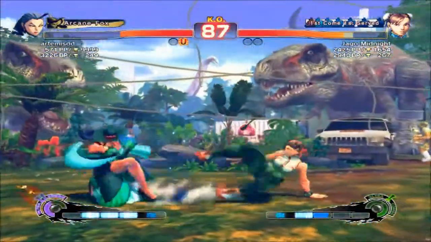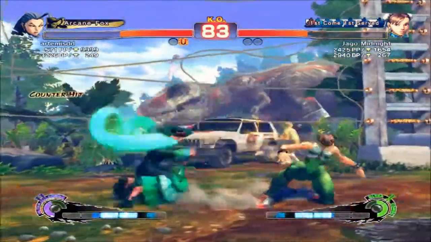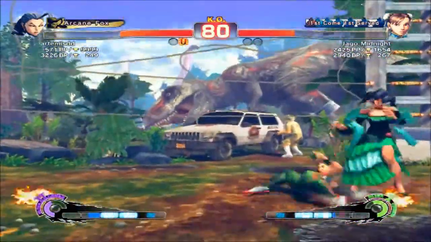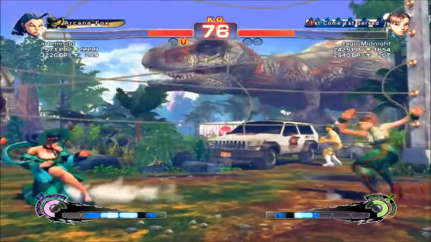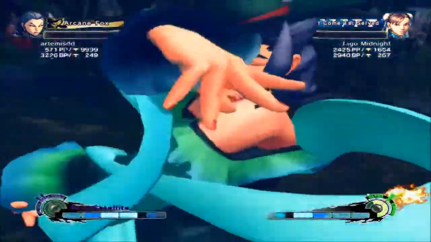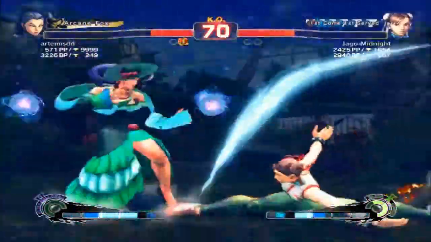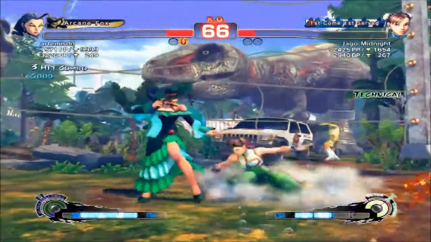Getting hit with those double overheads. It's another good way to use it, just go right through fireballs with that EX Soul Spiral. Got the counter hit combo against her. Really need to look out for those EX spinning bird kicks. Really good wake up for her. Definitely thought that Ultra was safe there. I didn't think I was going to get hit by her